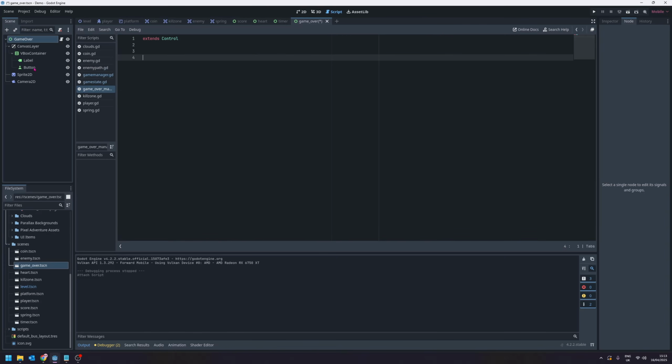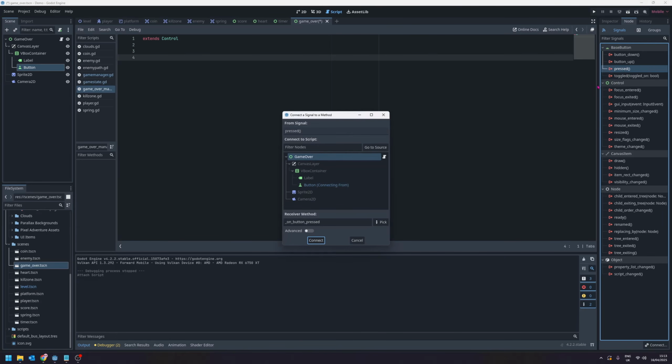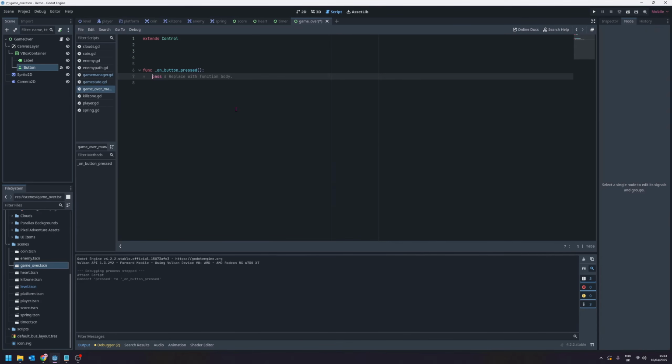Now, in this code, let's get rid of the default code here. Go over to the left and select the button. Then from our signals, we're going to choose the button pressed option. So this pressed, double click it and click connect. Now this signal triggers whenever the button is pressed. So code inside of here will run when the button is pressed. And the code we're going to add in is